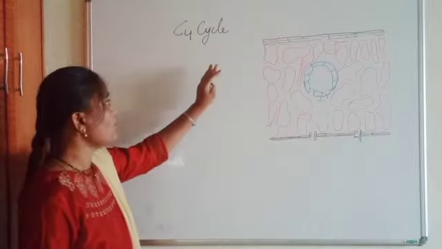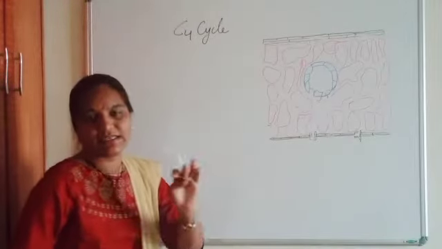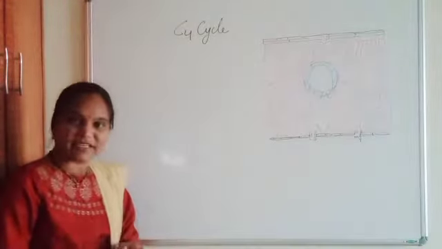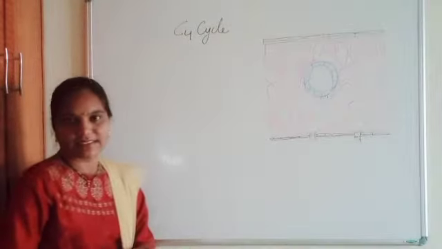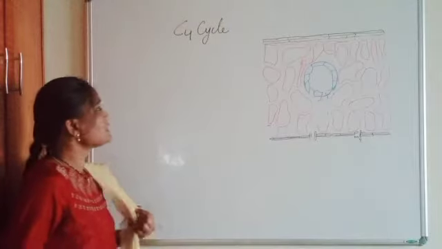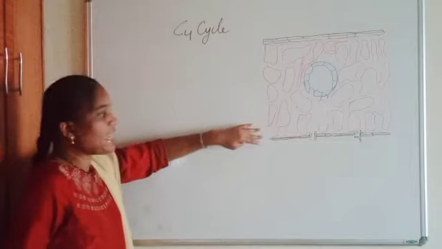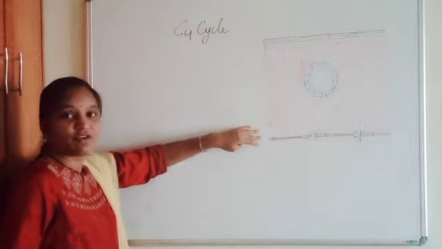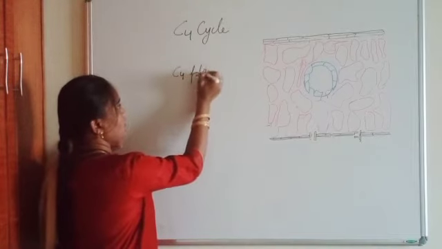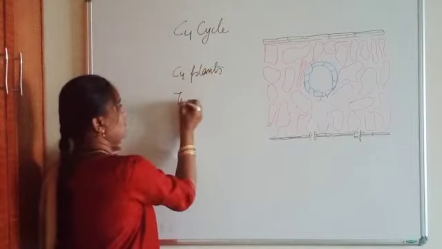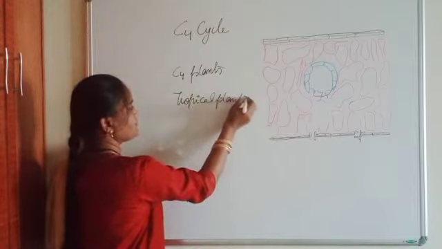So where does this C4 cycle take place, what is the difference between C3 and C4 cycle, and what is the metabolism behind this C4 cycle, we will be learning in a series of sessions. Coming to the C4 cycle, this is the anatomy of the leaf of C4 plants. So what are C4 plants? C4 plants are also known as tropical plants and they are present in tropical zones.